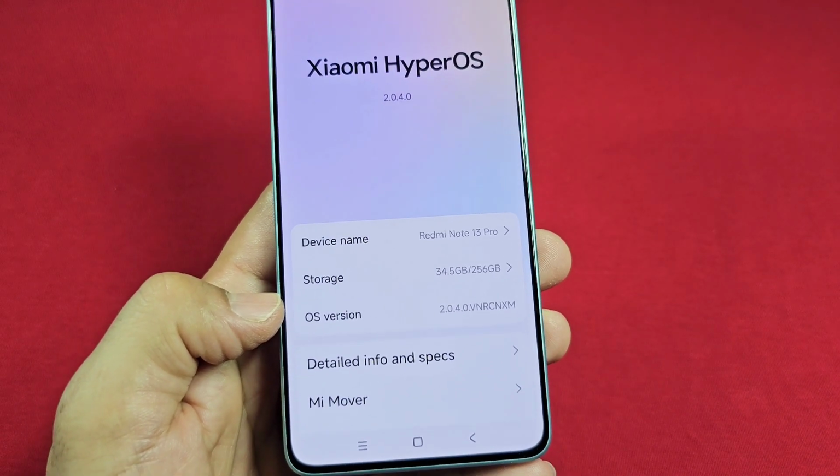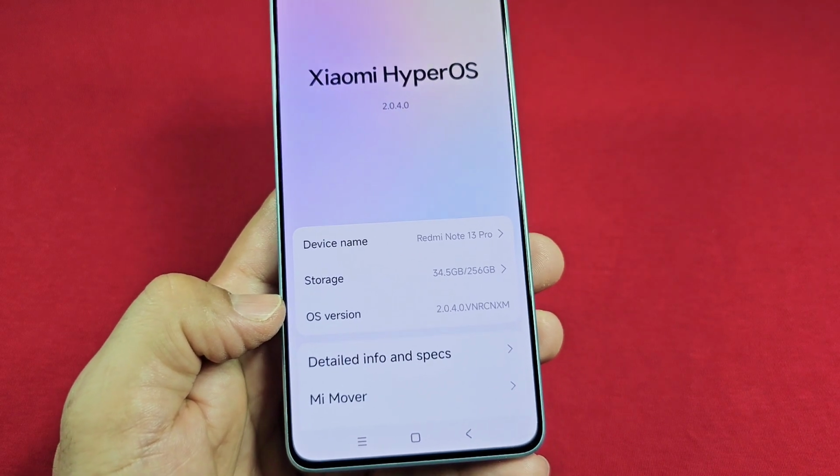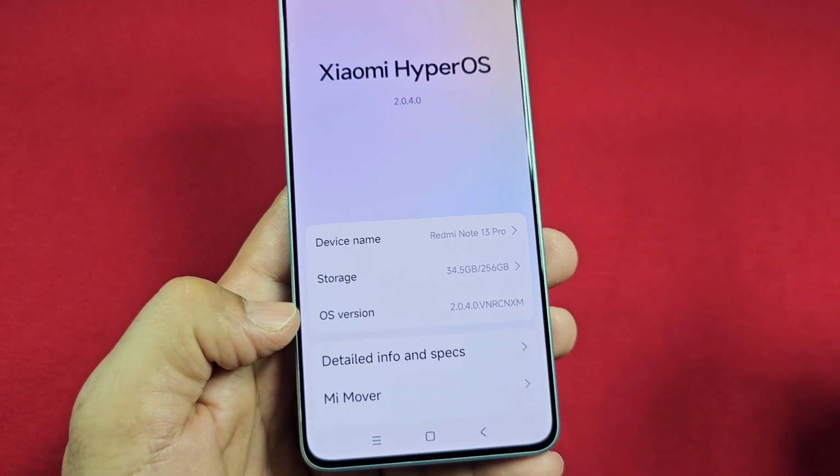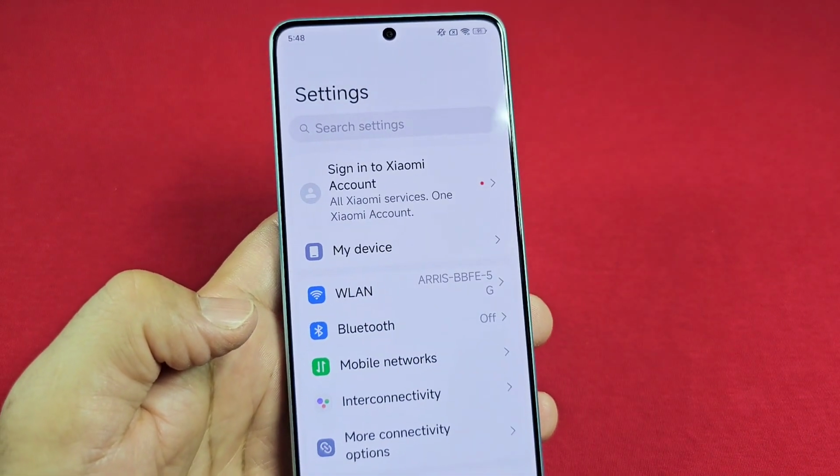If you just so happen to have your lock screen set up already, it will prompt you to put in your PIN or password. So just go ahead and do that, and then it'll take you back to the screen here. Now that you've done that, come out of here and use the search settings as the fastest way to